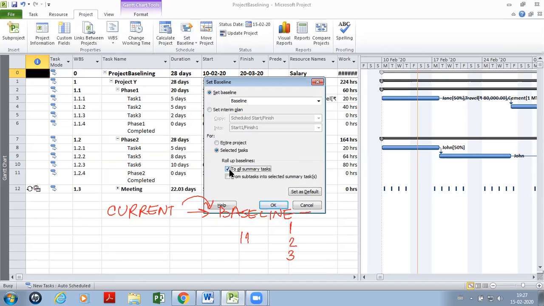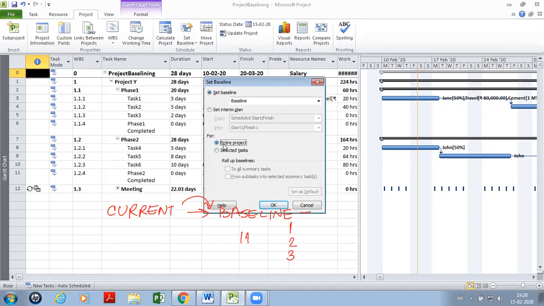Yes or no? Or only from subtasks into selected summary tasks? So I can select summary tasks where the baseline changes would happen for the selected tasks, or I can choose to ignore the summary roll up. So you have a wide variety of choices here, and you can set one of these settings as a default if you want to.